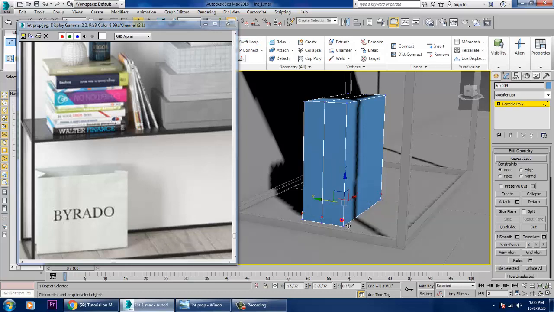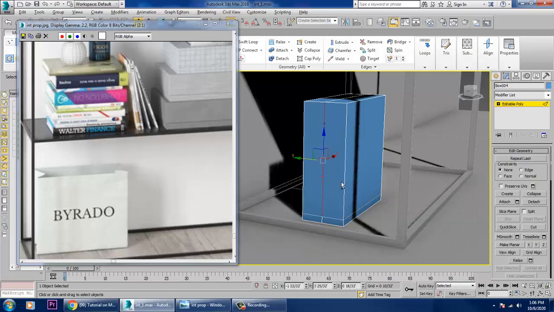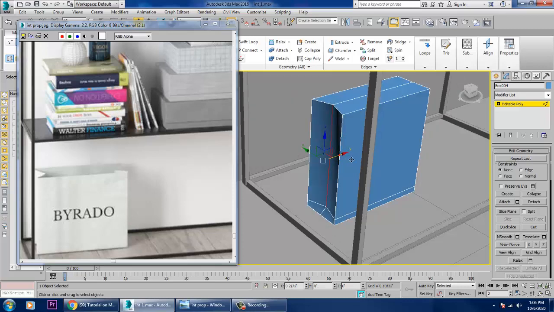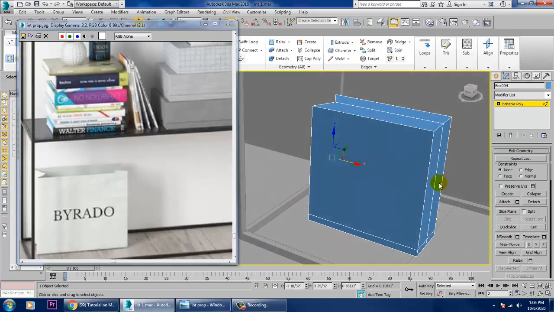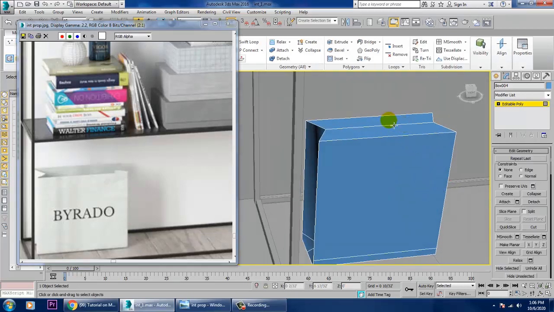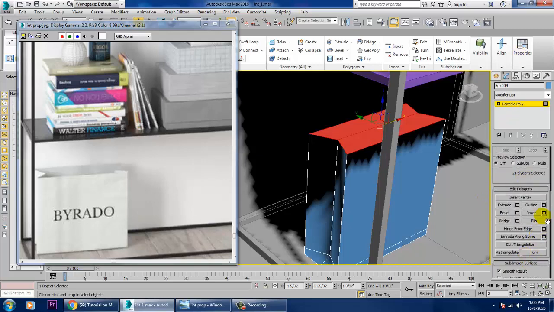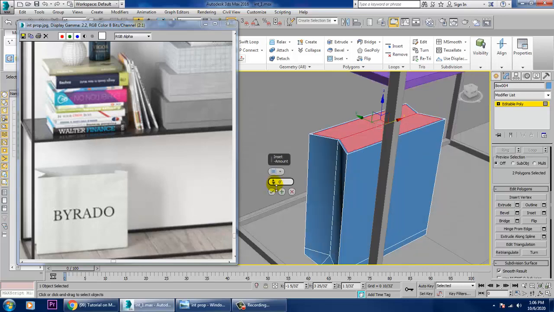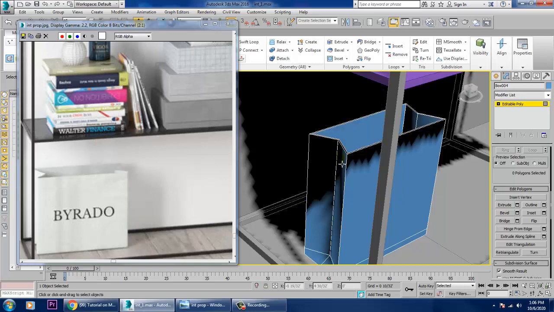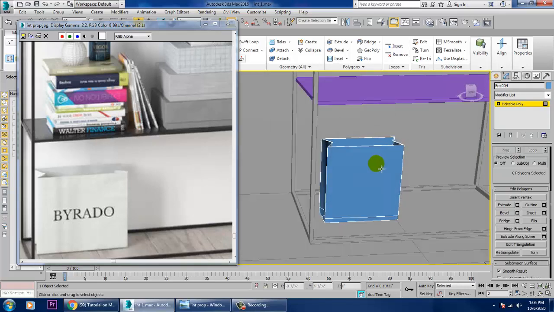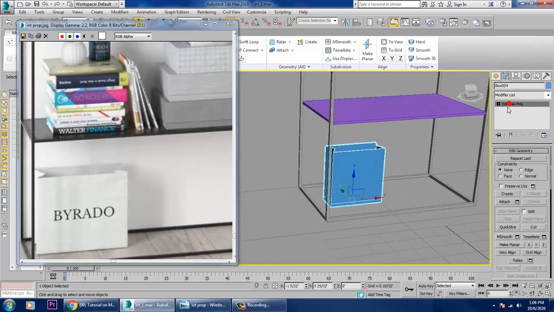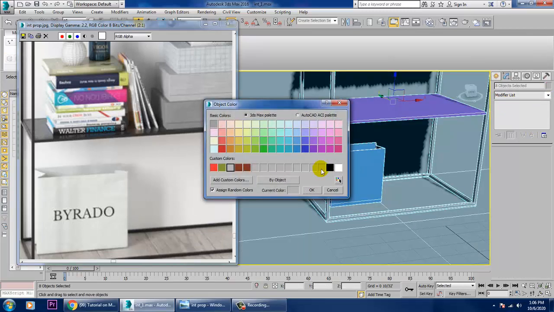Use this edge, push it inside in this way, select this, push it inside, select these polygons, and use a bit of inset on top of it, click OK, and you can delete it if required. That's it. Again you can select this and give a color on top of it.